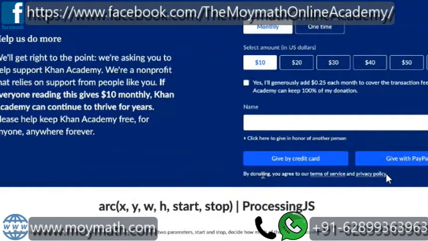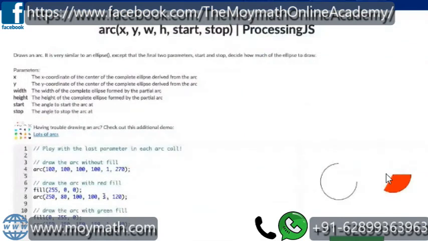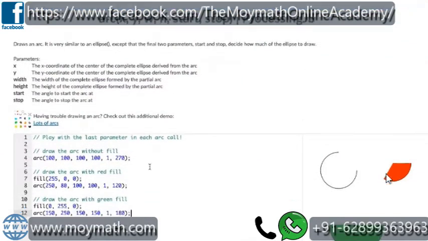X and Y is common. X and Y means from where you want to start, the x-axis, the y-axis, and then the width and height, and then there's a start and stop here. Okay, what you mean by start and stop is, start is this point. Say if I write a circle is like a 360-degree, so if I say 1 comma 180, say for this example, start with 1 is 1 point from the left side, and 180 means go to the,